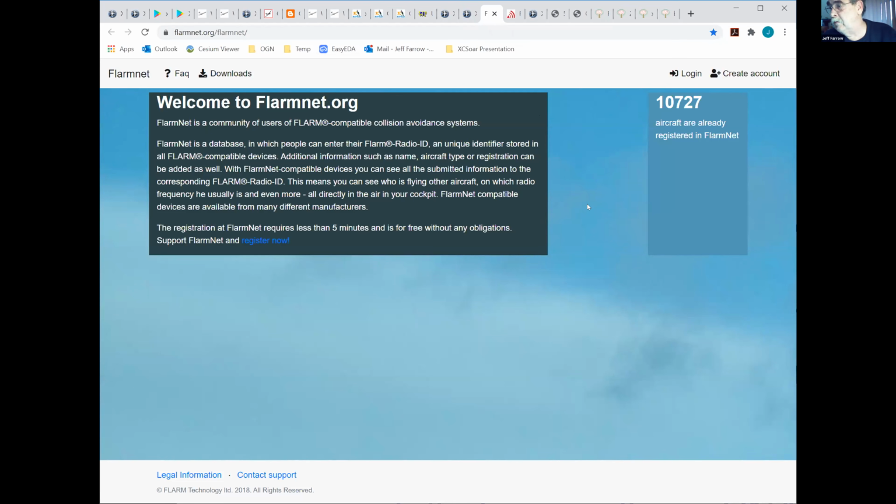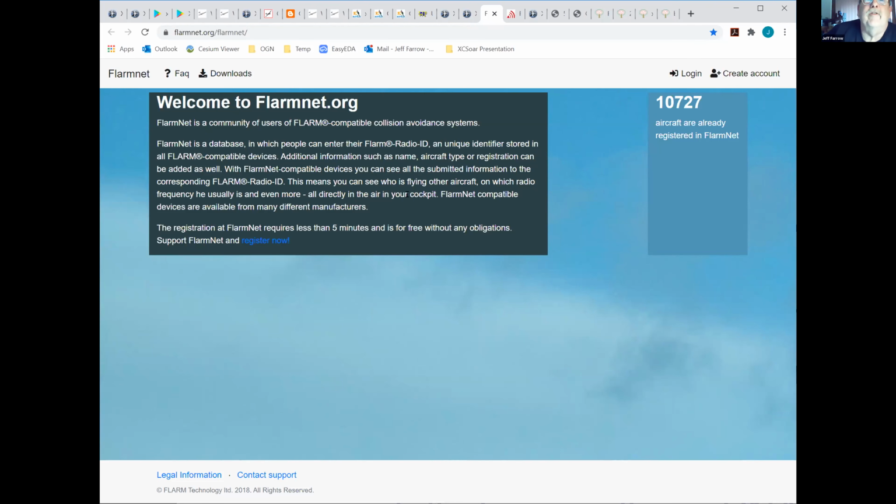I have got an awful lot of the Flam codes from around Bacchus Marsh, and I can provide one if people are really after it. There is an organisation called flamnet.org, which is Flam's officially approved database of Flam.